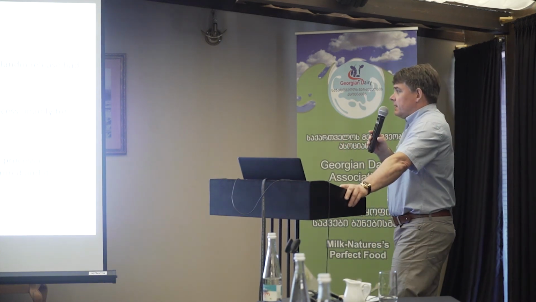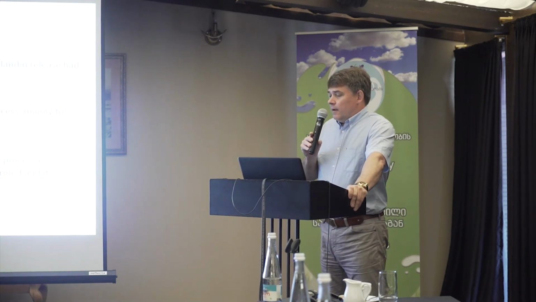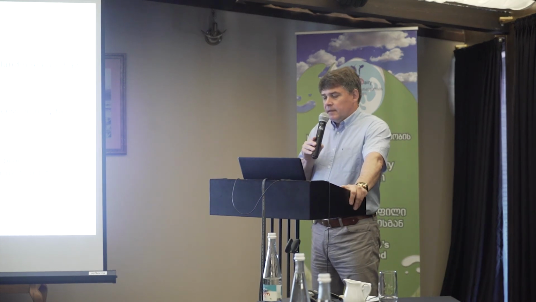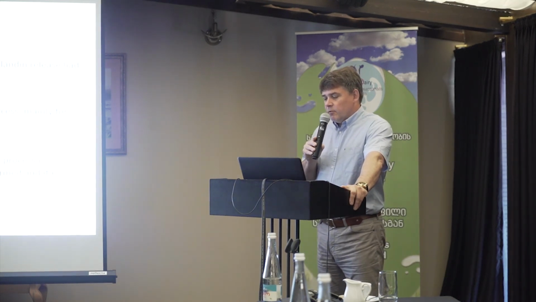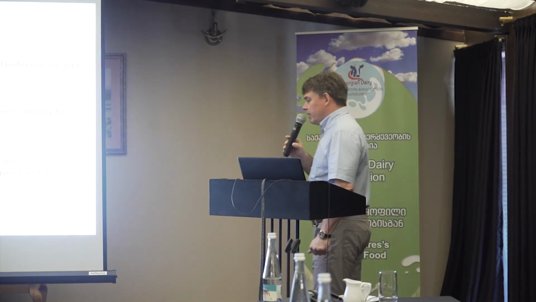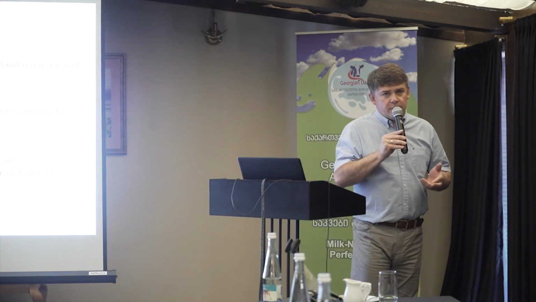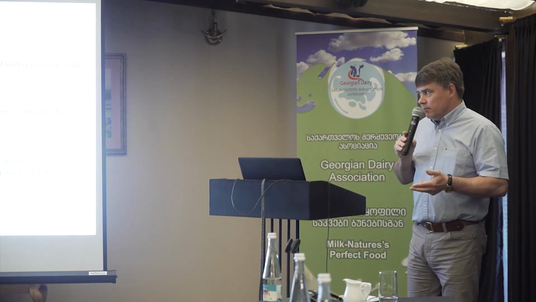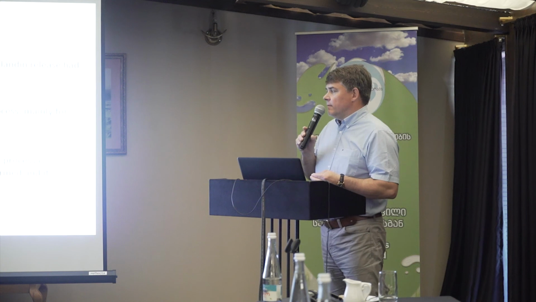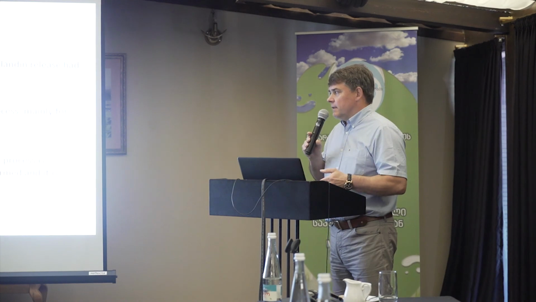But if there is an infection, then a different situation may happen. Then we will see a different type of prostaglandins. We can call them inflammatory prostaglandins. In case of infection, this prostaglandin release will persist for a longer time. This release is not so high, but it comes from inflammation. If the non-inflammatory prostaglandin is helping the uterus to involute, then these inflammation-related prostaglandins are not helping, and they are a reflection that there is inflammation.